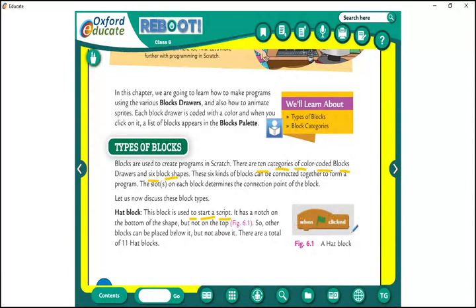Sorry, hat. Where do you keep the hat? Of course, the hat will be kept on your head, at the top. In the same way, this hat block will be kept on the top, at the first of all the programs. It has a notch on the bottom of the frame. What do you mean by notch? See here, this is called a notch.